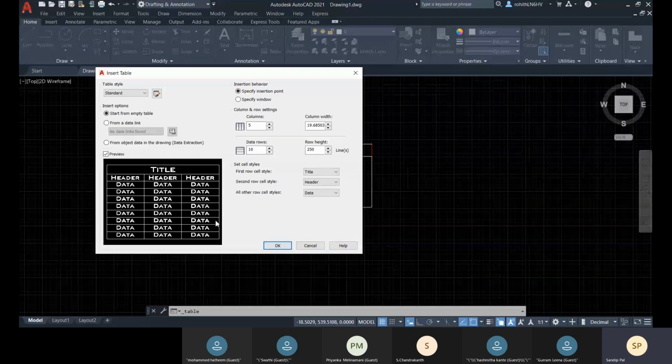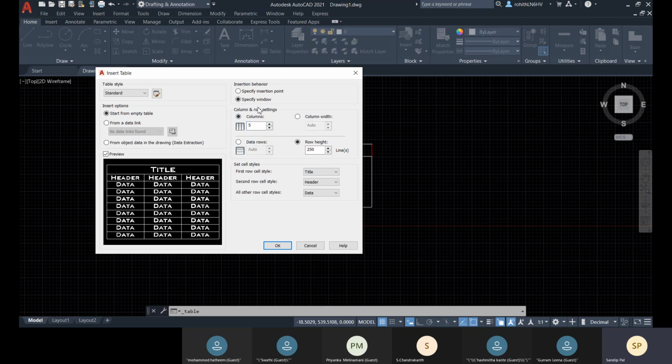And what will be the format? First you will see the title, and then the header, and then all the data. So you can change your column number, your row number, column width and row height.